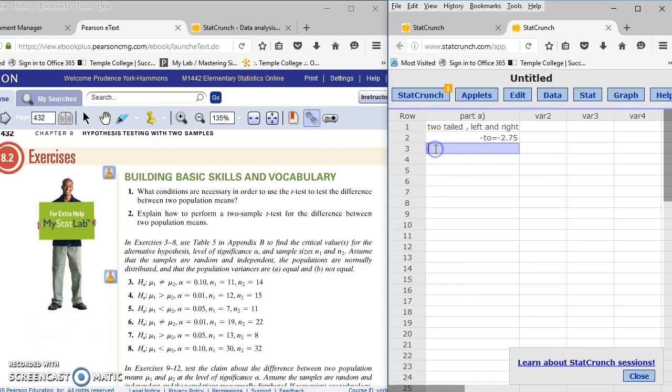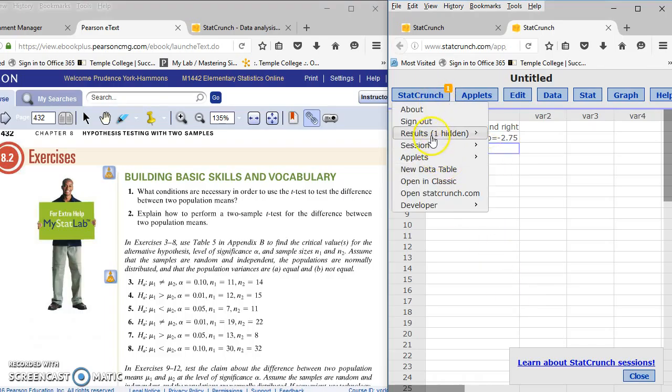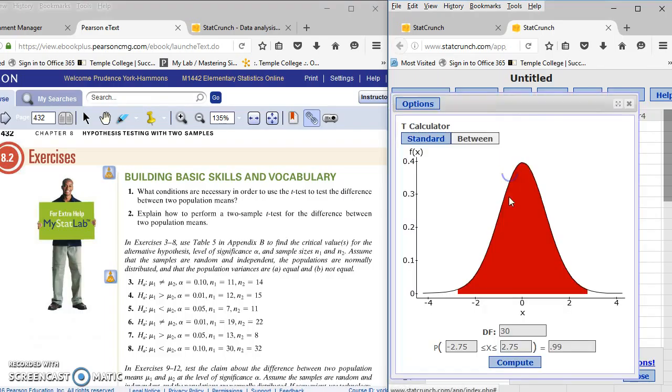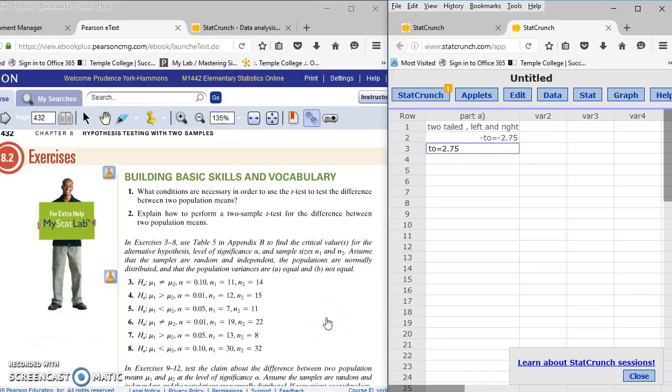So that's one critical value, and then T sub 0 equal to 2.75. The positive value would be your other critical value. So this one is our left critical value, and this one is the one on the right. And if you look back at that table, you will see the left value is a negative 2.75 and the right value is a 2.75. And that's all they wanted us to do, was to find those critical values for those particular problems. I'll do another part to work some problems where you have to do